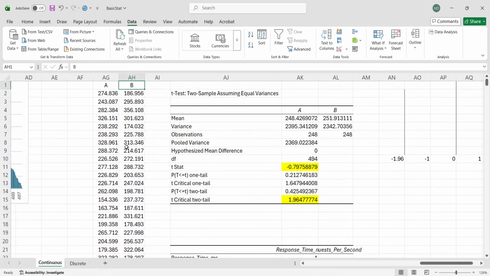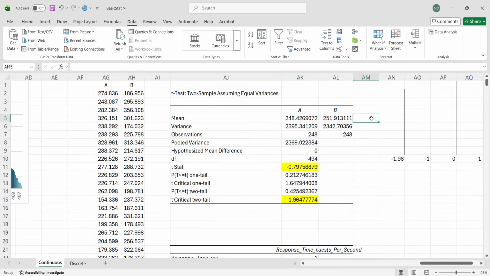Since the earlier result says there is a significant difference, in terms of the mean, there's around 0.2 or at least 0.3 difference between the two.